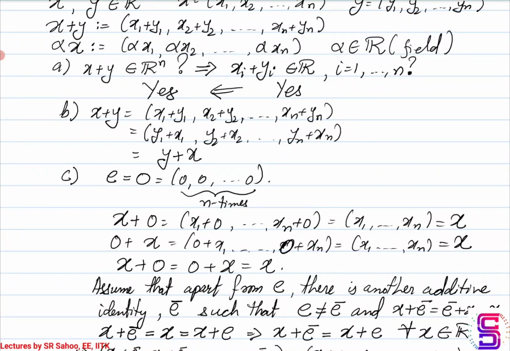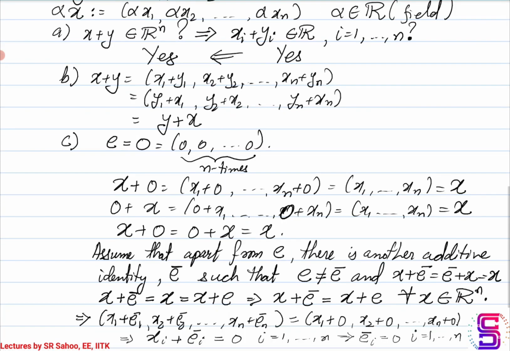You can also similarly verify that it satisfies the associative property. The next is existence of a unique additive identity. So here the additive identity is the zero vector, and if you add the zero vector to any other vector, the same vector comes back. Now you have to prove that it's unique. What is normally done in such cases of proving that something is unique is to make the assumption that suppose the element that is supposed to be proved unique is not actually unique, but there is some other copy also involved, and then you proceed with the axioms and use the results to show that your assumption is contradicted.